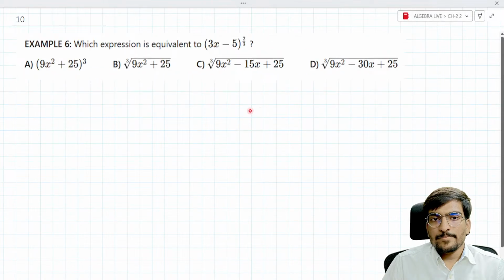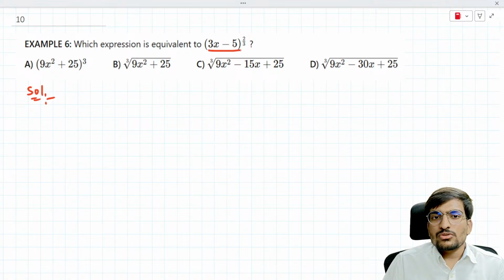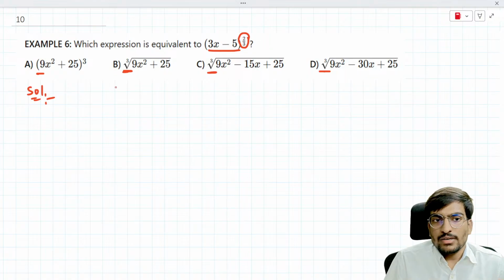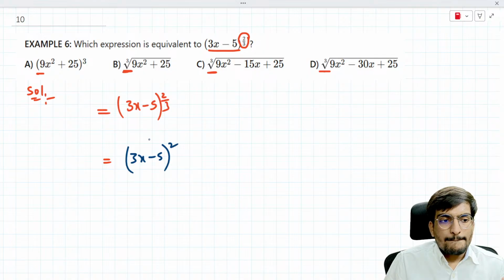Okay, now coming to the next question, example 6. Which expression is equivalent to this? Here 2 by 3 is there. All options hold a cubed root, except option A, all of them are holding cubed root. So there is something that we have to do with this cubed root. 3x minus 5 whole power 2 by 3. So what we can do, this equals 3x minus 5 whole squared, whole power